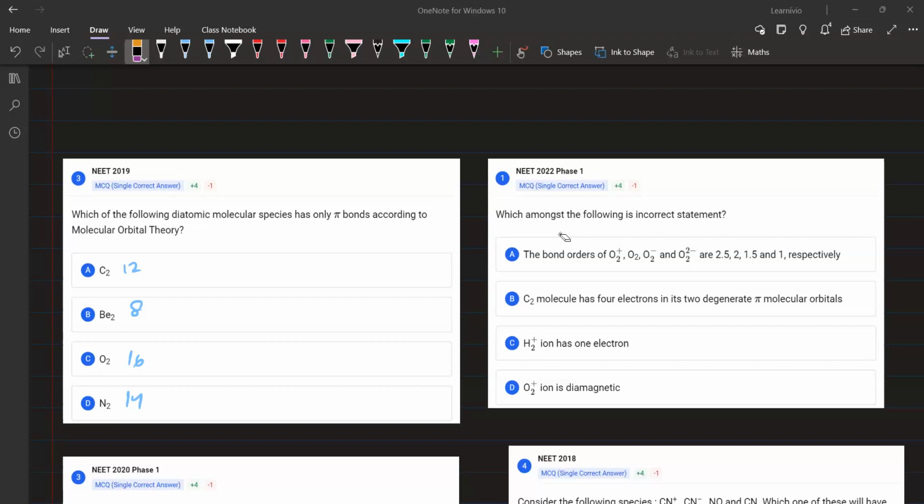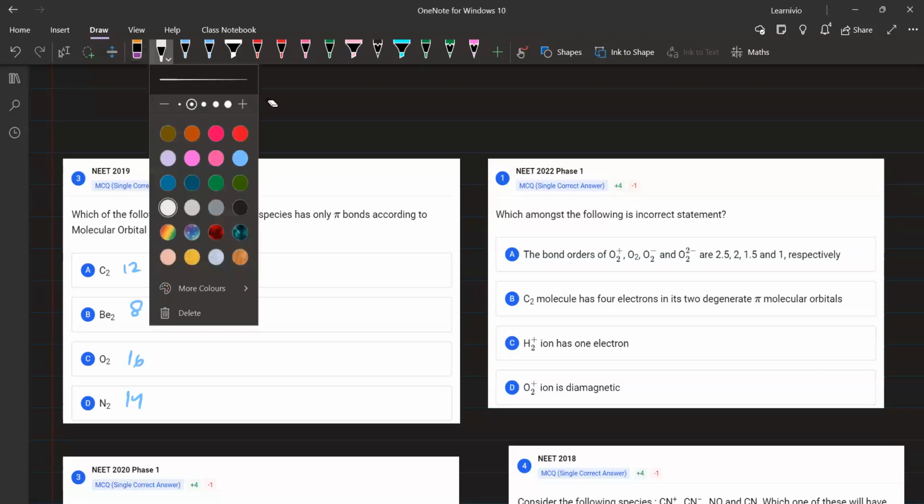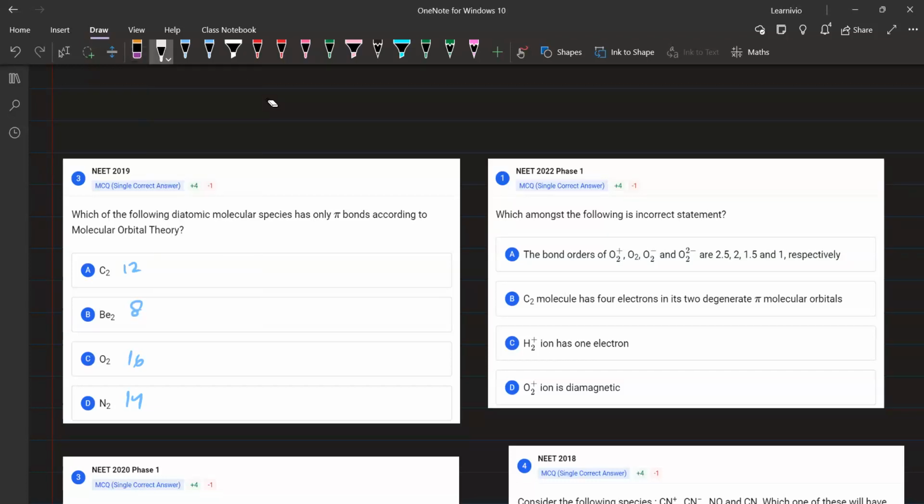फिर देखिए, तो एक ना एक एडवाइस आपको ये देंगे, बट सिंस वी नो इन बोथ द केसेस वेदर इट इज मोर देन 14 or it is equal to or less than 14, the sigma 1s, sigma star 1s, sigma 2s, sigma star 2s, like this is same in all cases, and if you are going to add electrons here, it is going to cancel it off, सारे electrons क्या हो जाएंगे, cancel।